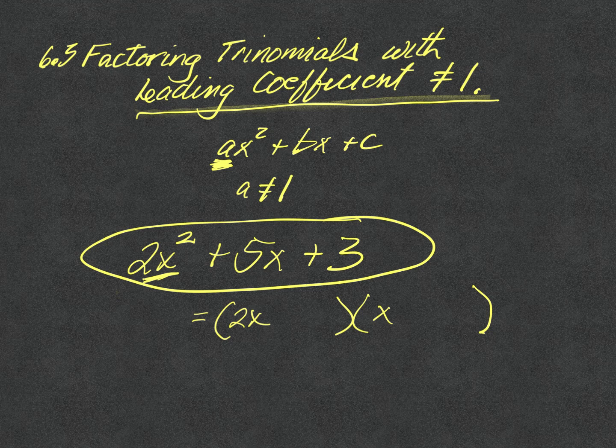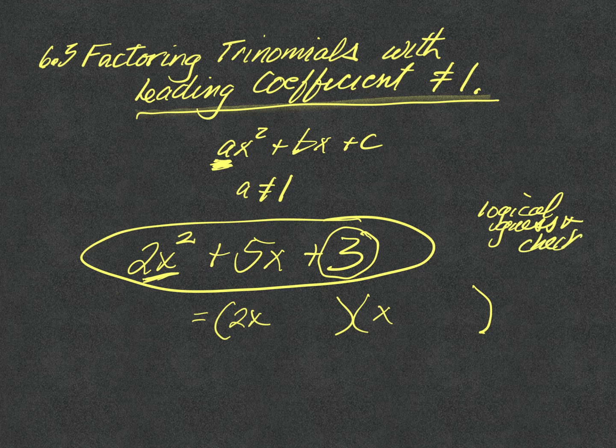That gives us 2x squared. And so then we need to break the 3 apart in such a way that when we multiply, we get the 5x. Now, by this method, which I like to call logical guess and check,